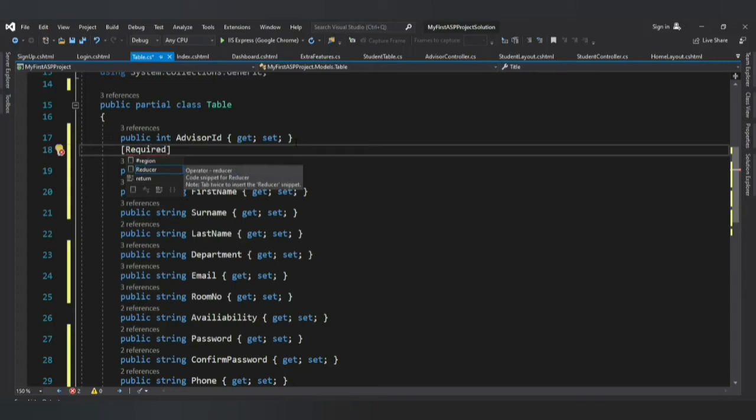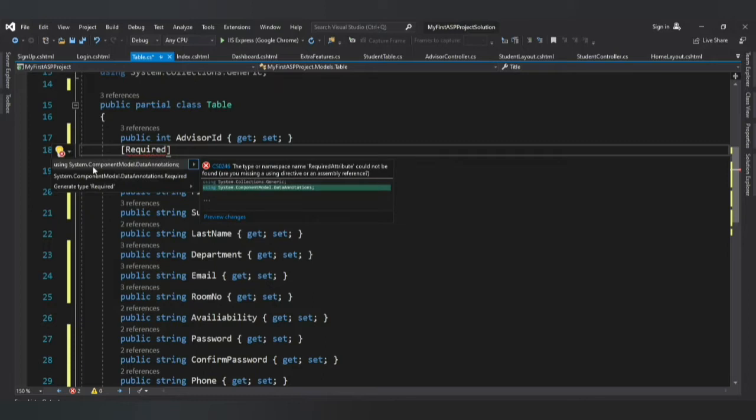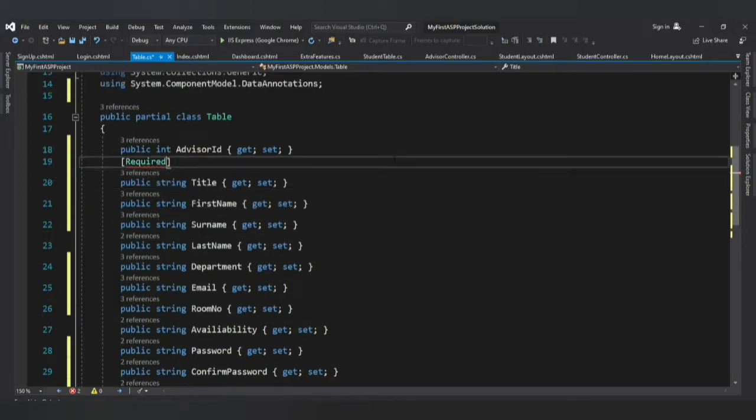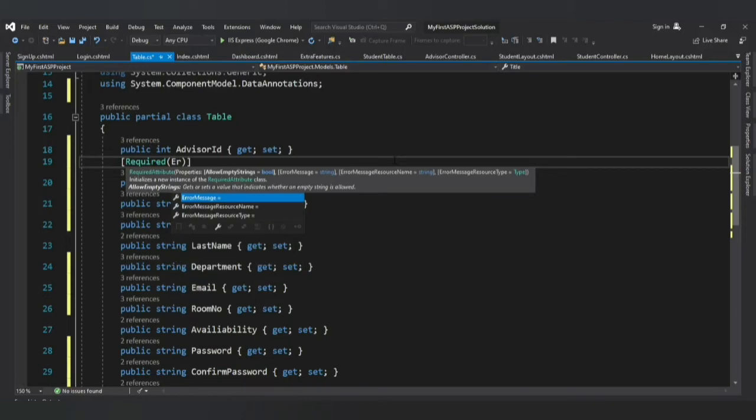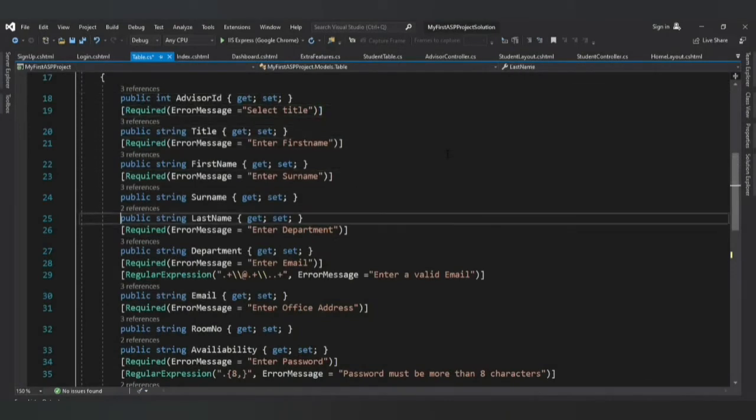Yeah, and of course the suggestion using system, the component models, the data annotation is what we're going to use. And you will have the error message. So we did this with the student model, so we won't spend so much time on this. So we're just going to multiply, replace the necessary details. Okay, so we're done, and we have the necessary